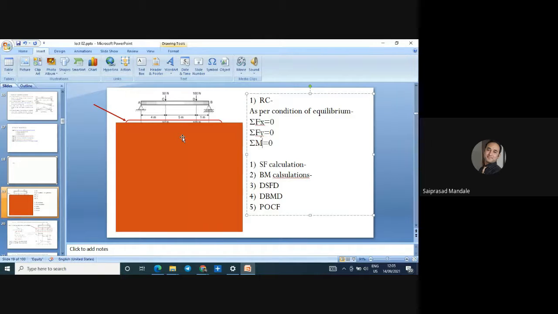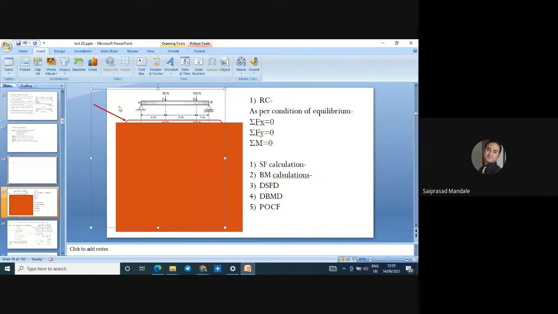So right now we have to focus on this beam. This is the AB beam on which at point C there is a 50 Newton force, at point D there is a 100 Newton force, and point C is located at a distance of 4 meter from A, and D is located at 5 meter from C. So this is the loading diagram. My first question to everybody: can I draw a free body diagram from this loading diagram?